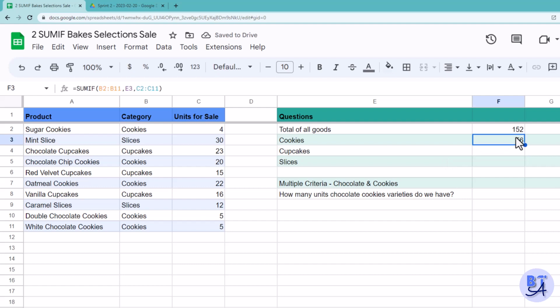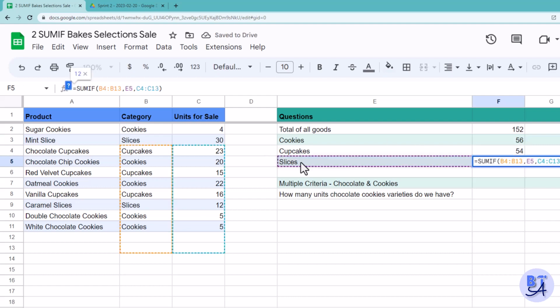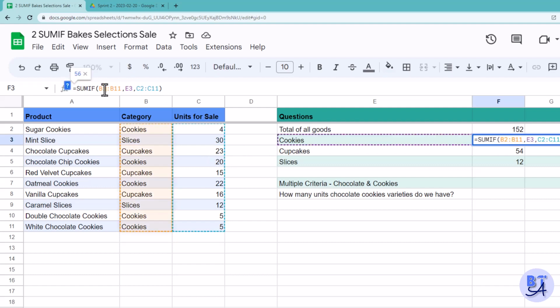Now the temptation is to then go and drag this down here to do cupcakes and slices also. The problem is that not only does it change what it's looking up, it changes the two ranges that it's looking in. In order to avoid that, we need to use a $ to lock those rows to 11.